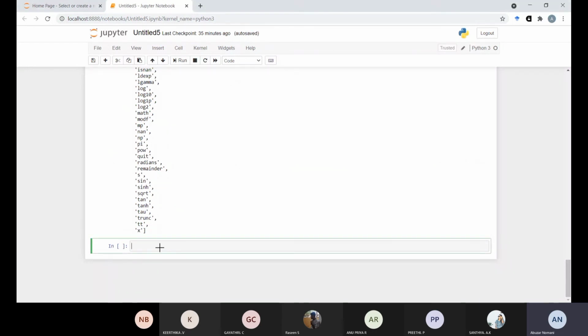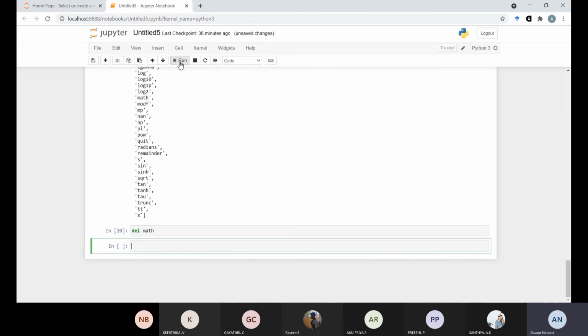Or suppose math is there and we want to delete the math module. What we have to do is del math, then run the program.